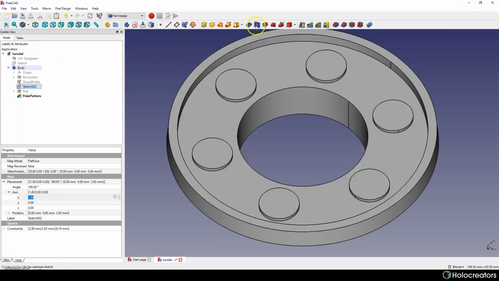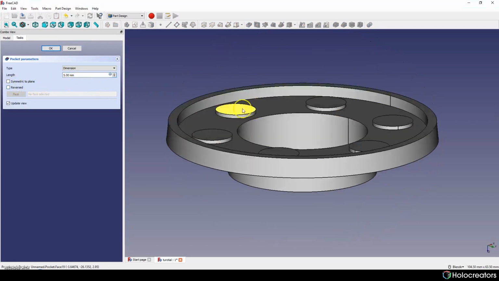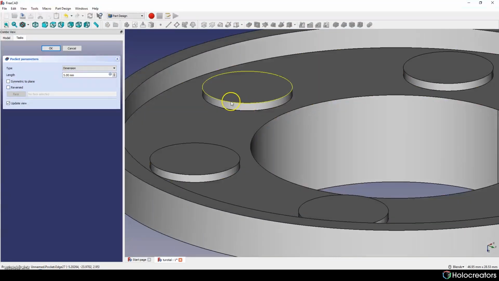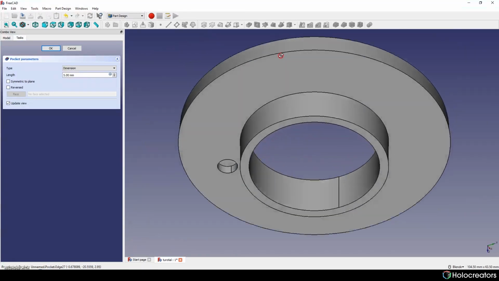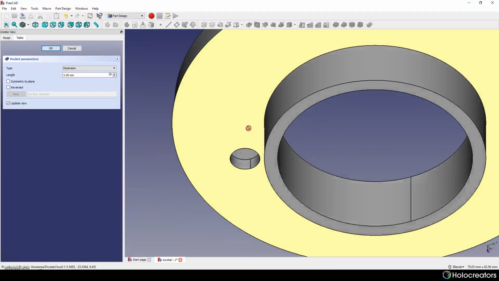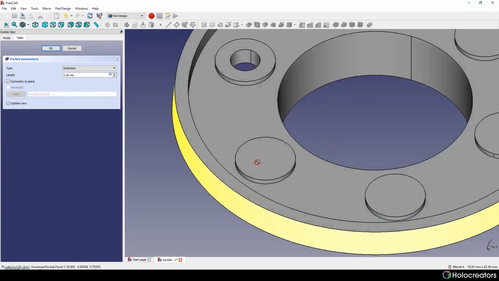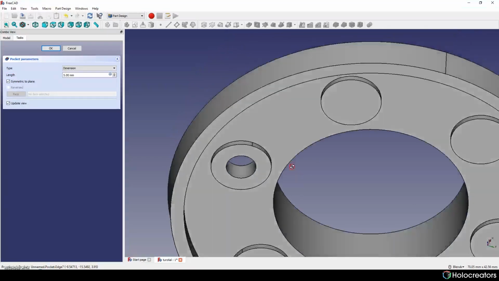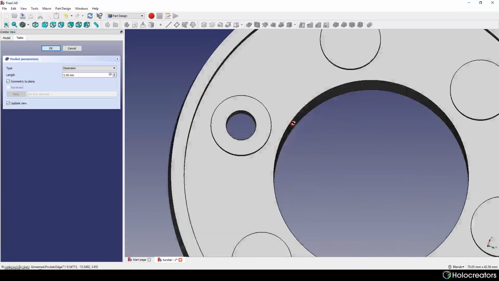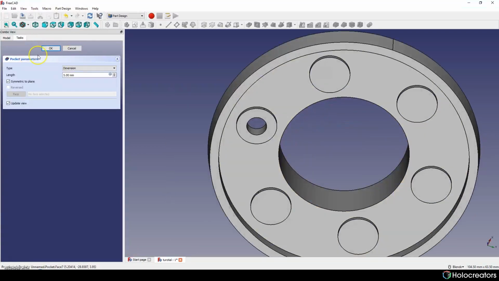I'm sorry, we have to choose first our sketch, and since we need a pocket in both ways, we have to click this checkbox, and it will create a pocket in both directions from the sketch.